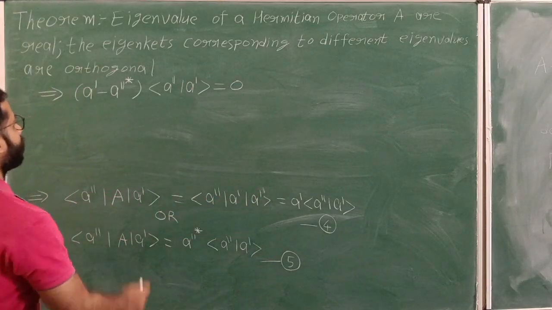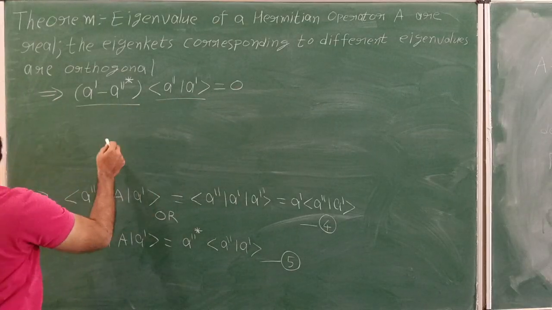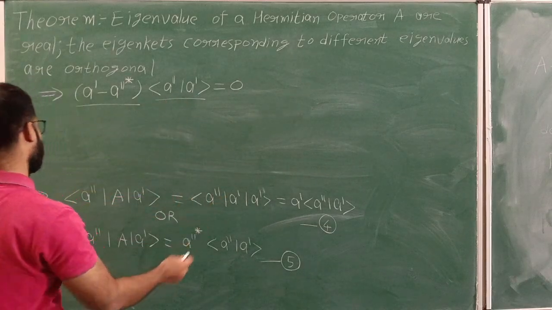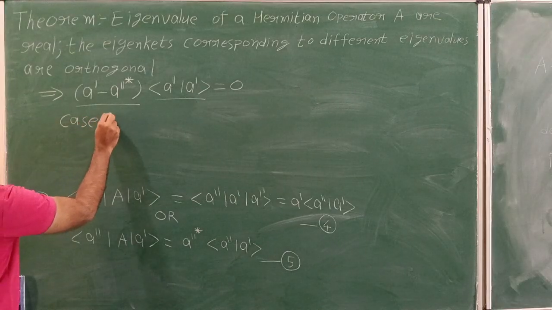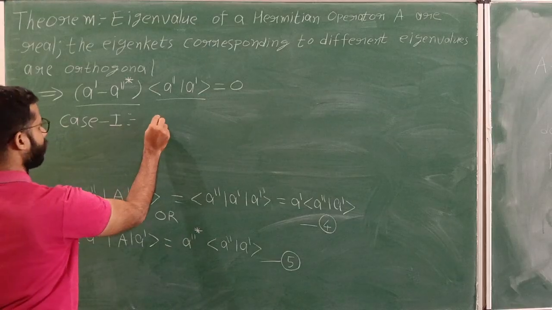Oh, so there are two things here. So either this can be 0 or this can be 0. Let's see the case 1. If this is 0,